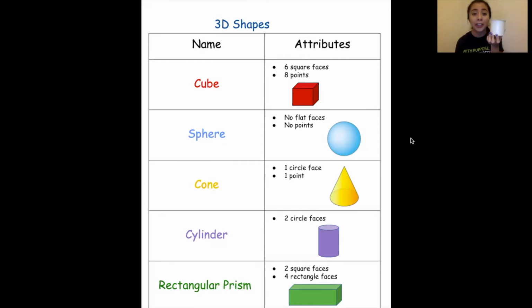So look at the chart and think, what shape is this? I'm looking at it. I think it's a cylinder because it has two circle faces and it's round. So it's a cylinder. Today we're going to be reviewing 3D shapes, but this time we're going to make composite